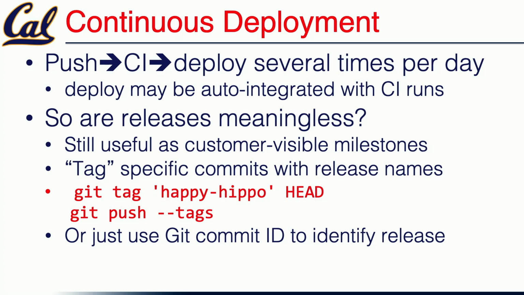So from that point of view, feature releases and things like that may still be a valuable thing to talk about with the customer. One way to manage these is that you can use git tag to attach symbolic names to particular sets of git commits. And so the last time you released, this was the release that made that feature visible to the user. And then you can go back in time to figure out what other things happened in there. So that's the idea behind continuous integration, continuous deployment.